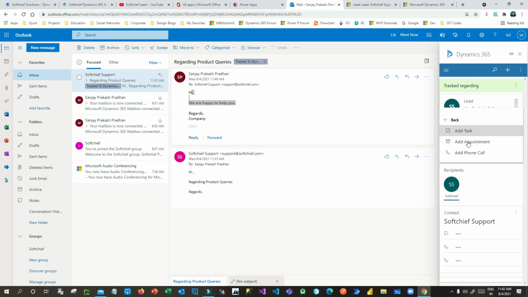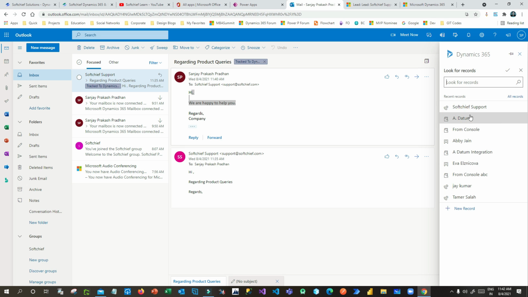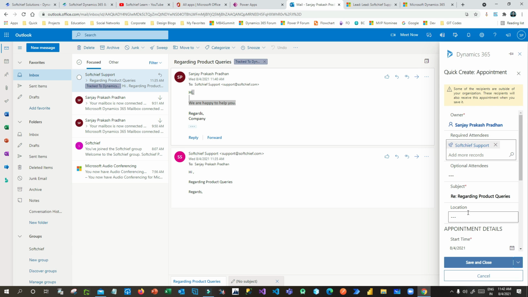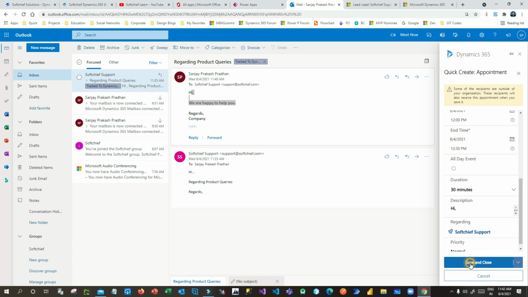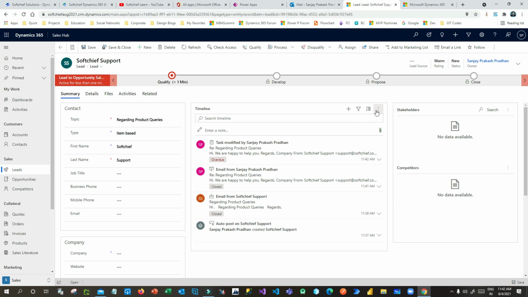Like that, you can click add activity, create an appointment, right? The appointment will also be synced in the Dynamics record. You can define required attendees, and the subject you have given, save and close. Now the appointment will also be tracked, right? Now let me refresh.